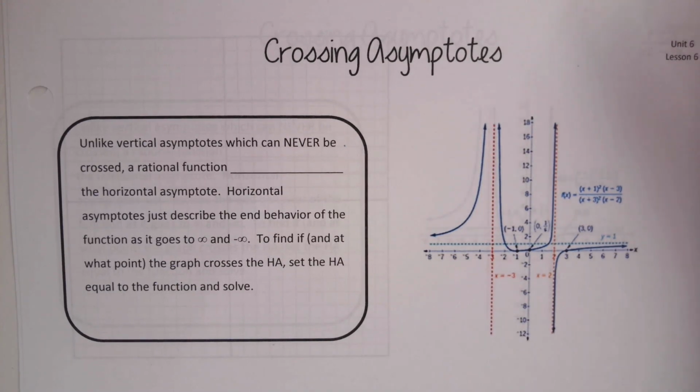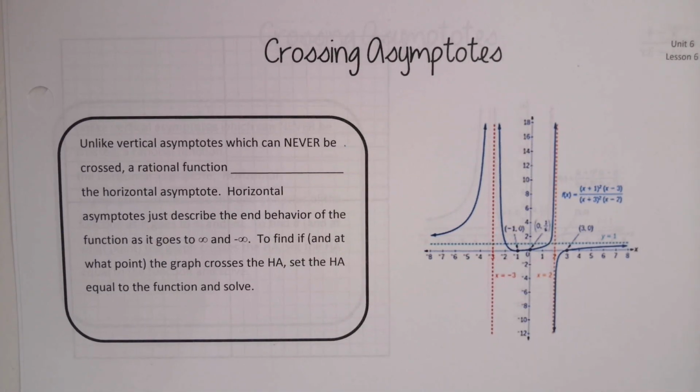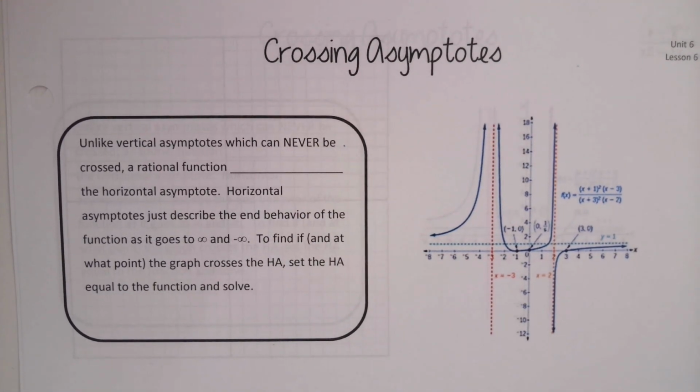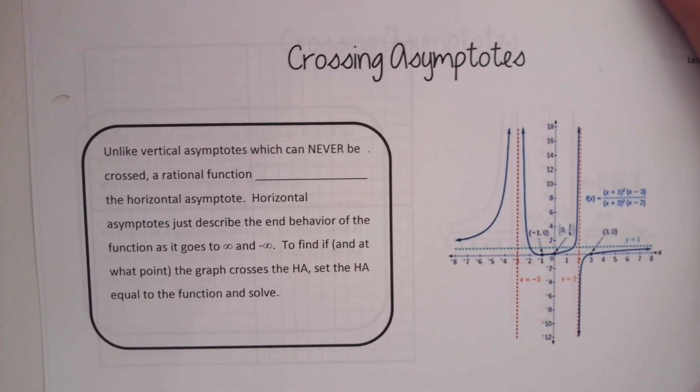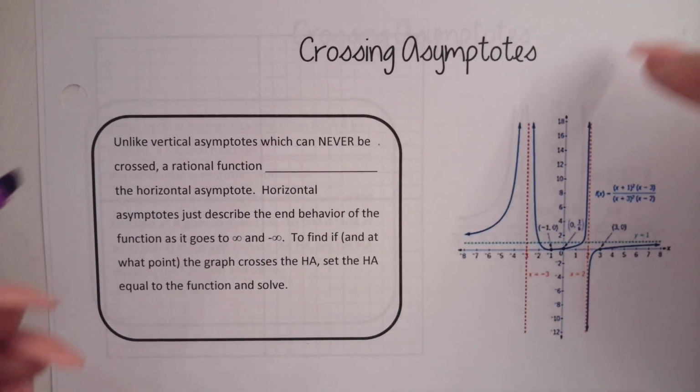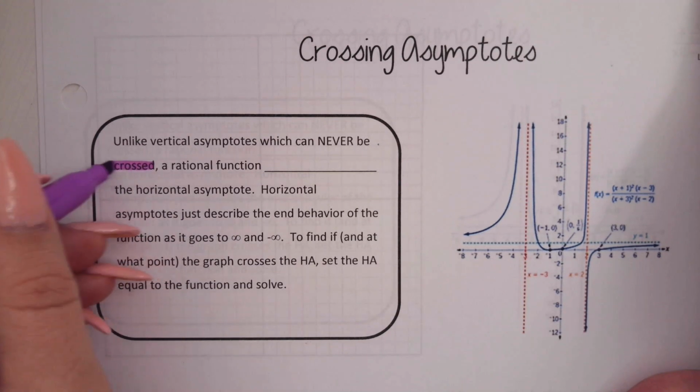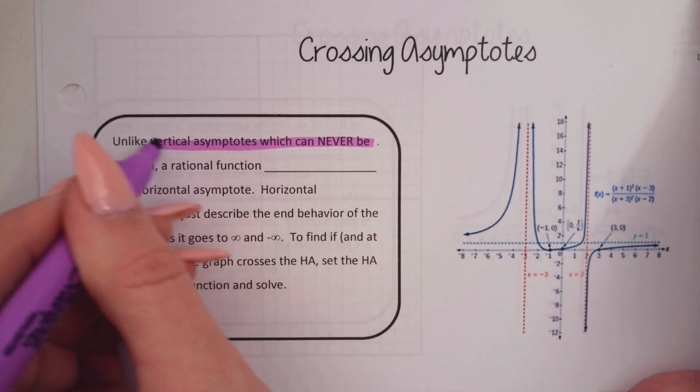Points. Okay. Remember, which asymptote are you allowed to cross? The horizontal one. You can cross an end behavior asymptote. You cannot cross a vertical asymptote, because the end behavior or horizontal one just describes what the ends of your graph are doing. So unlike vertical asymptotes, which can never be crossed,